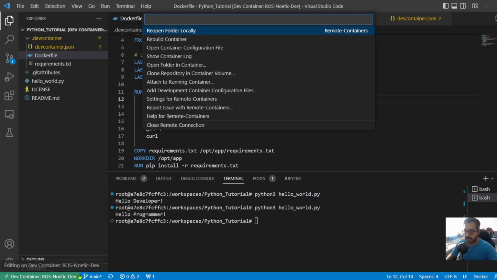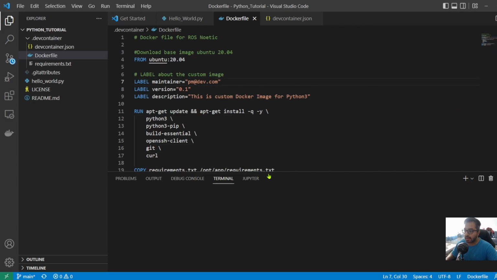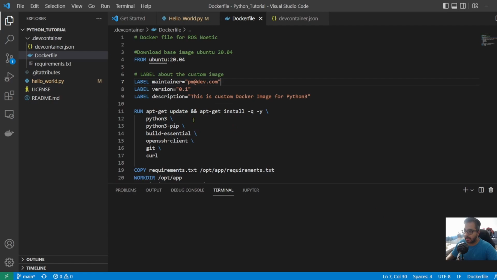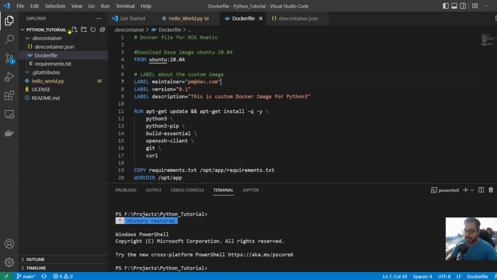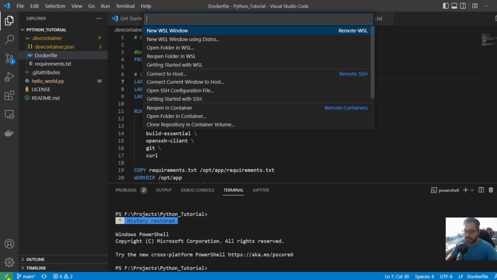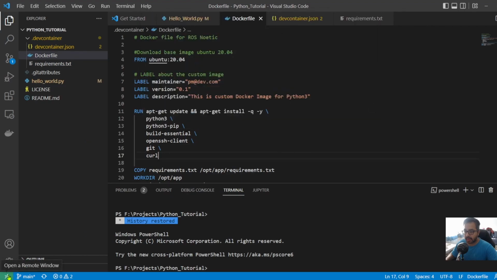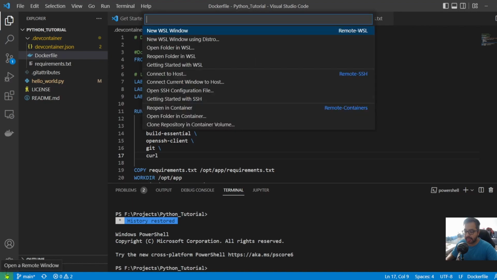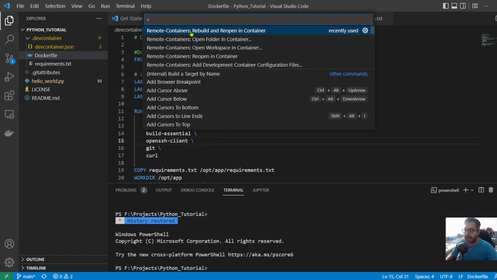I'll just show you how you can start this Docker. Once you download the repository and open it, you will get something like this inside your Visual Studio Code. Here you have a folder called .devcontainer, which contains the Docker file as well as a devcontainer.json configuration file and a requirements.txt file. To first start the container environment, you have to click this green button here, or you can press F1, and then you will usually get the option of Build and Reopen in Container, or Rebuild and Reopen in Container. So once you click that,